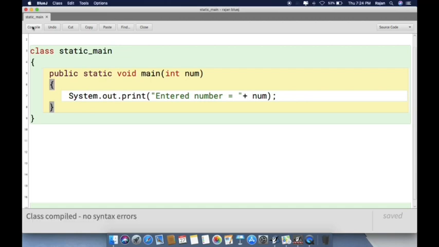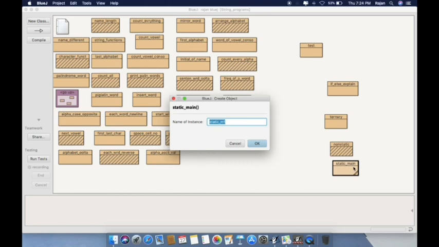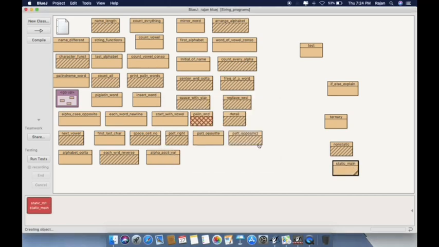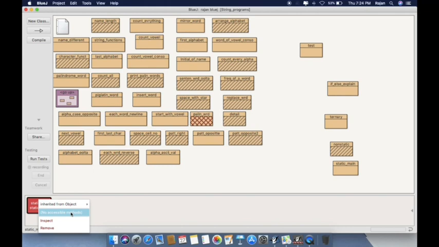Let's compile, no syntax errors, close. We'll take a right click on static main. See, new static main. Over here we will select new static main. So it's asking you to create an object. Okay, so the object is created, and then you are not getting any option to enter the value, right? The way you used to get in the last example. I am comparing the last example shown by me with the present program that you can see over here.